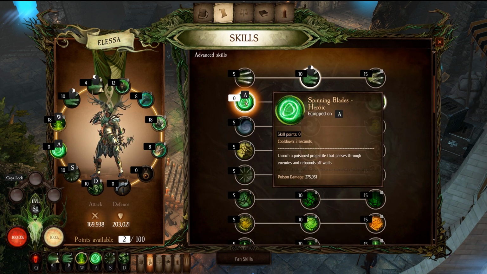Then we have the Spinning Blades Heroic. Launch a poison projectile that passes through enemies and rebounds off walls. Now this thing does a ton of damage if it focuses on an enemy. It goes through enemies, but if you can get one in a corner or in a hallway where it bounces and hits them multiple times, this does a lot of damage. And since bosses are so big, it actually hits bosses multiple times before it passes through them. So this is a good damaging ability for this build, and it only has a cooldown of 3 seconds, so it's up